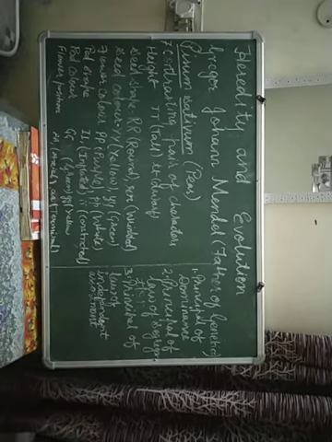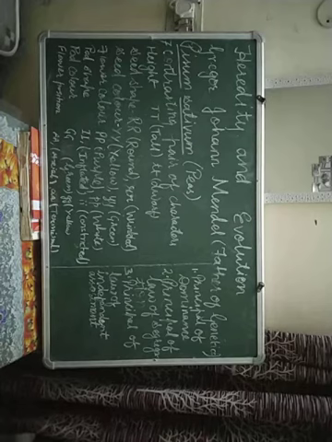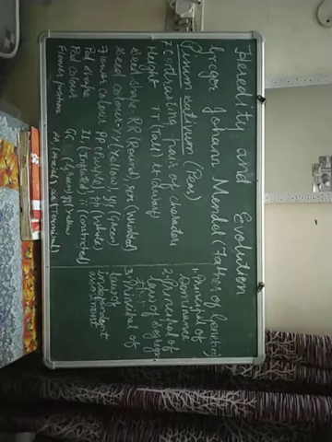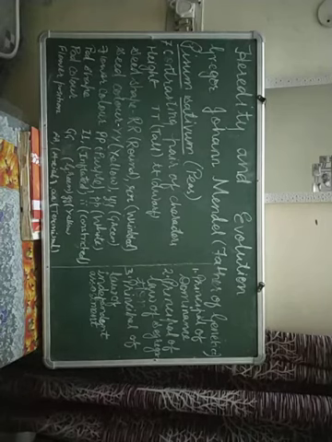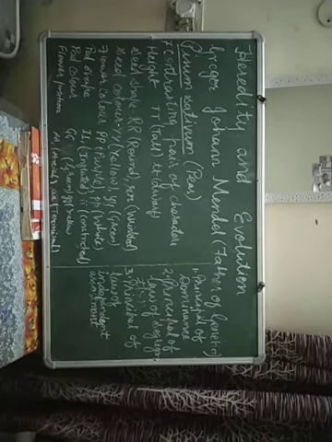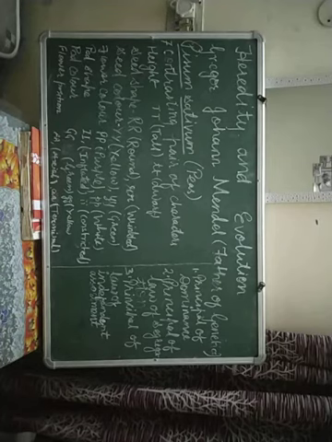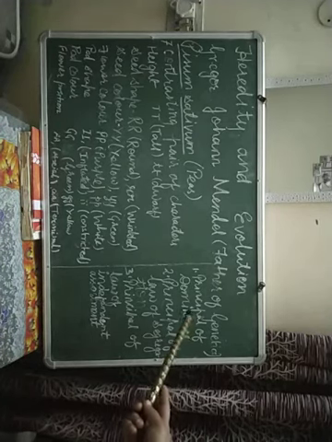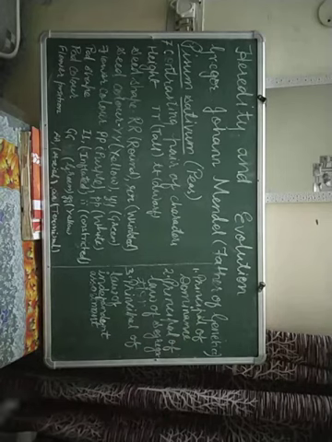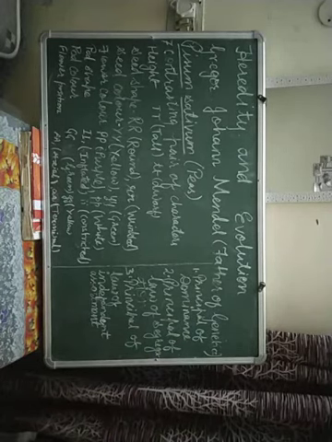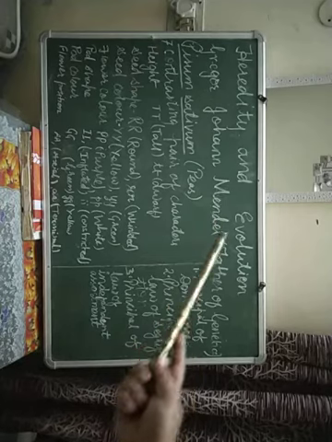While he conducted the experiment, he took one contrasting pair of characters, then 2 contrasting pairs, then 3 contrasting pairs. The cross taking one character was called a monohybrid cross, and taking 2 contrasting pairs of characters it was called a dihybrid cross. Based on those crosses he formulated certain principles, or laws. So 3 laws were given by Gregor John Mendel.